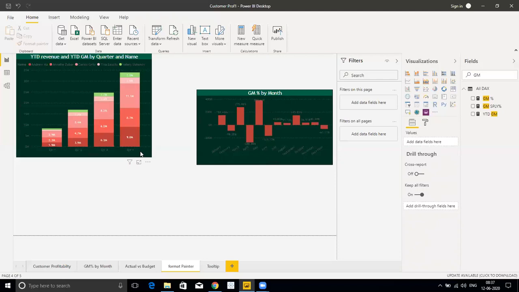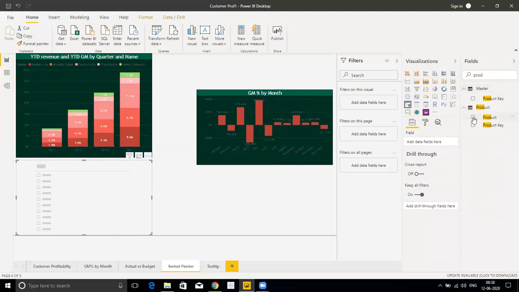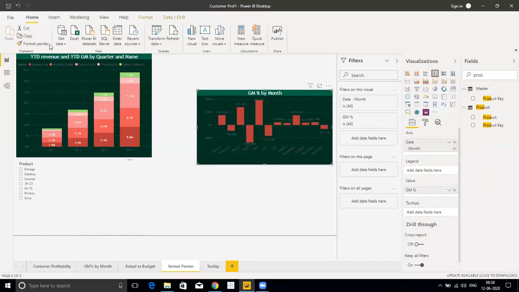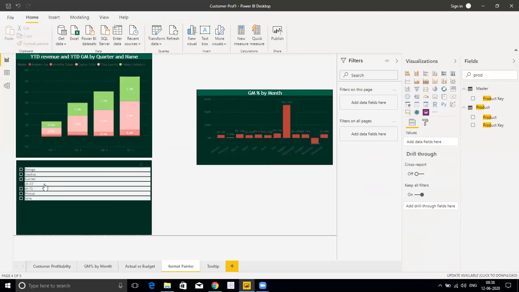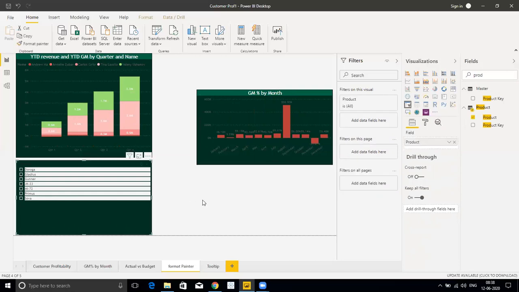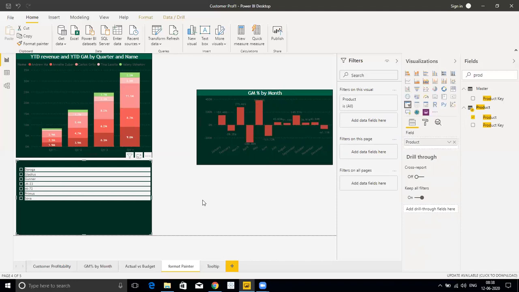So everything will remain the same as in the previous chart. This is cool, it can save you a lot of time. You don't need to worry about the color coding. Like, if I add another slicer here, for example my product name, and I want to apply the same setting, I just click the previous visual, click on this format painter and apply. My job is done. You can see that, it's really cool. So you can use this format painter and create your dashboard in the same colors, background colors, title bars and everything.